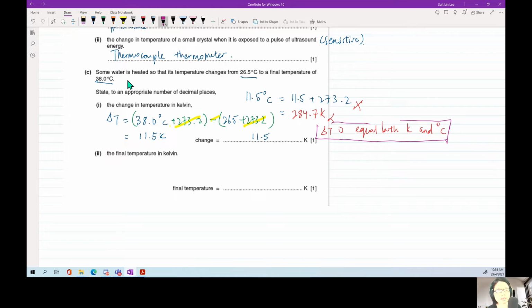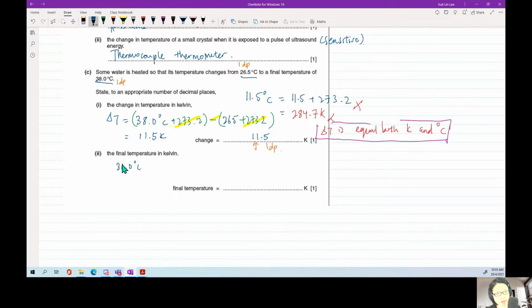Okay, the second thing that you should take note of is decimal point. So this one, think about the precision of your measurement. This one has 1 decimal point. This one is 1 decimal point. So this one should be 1 decimal point, the change in temperature. Okay, final temperature in Kelvin. The final temperature is